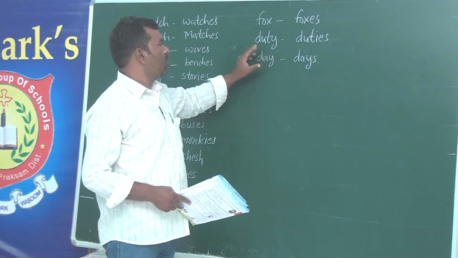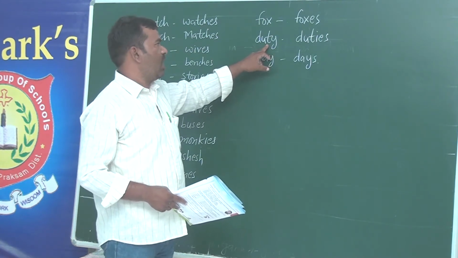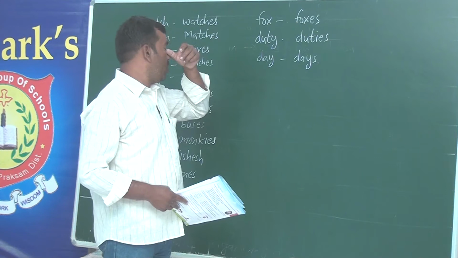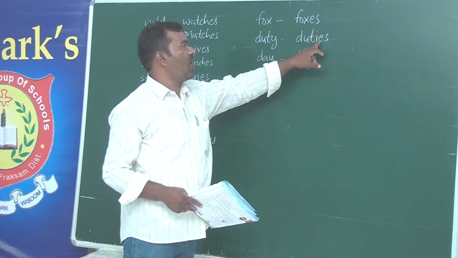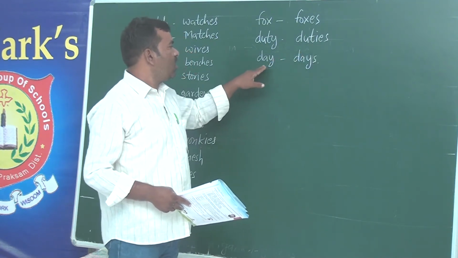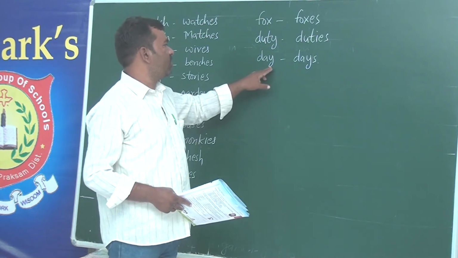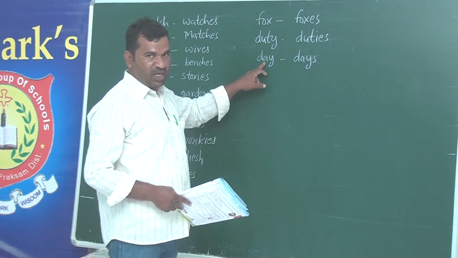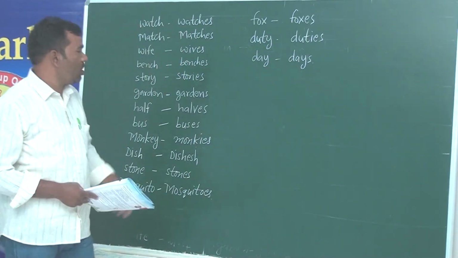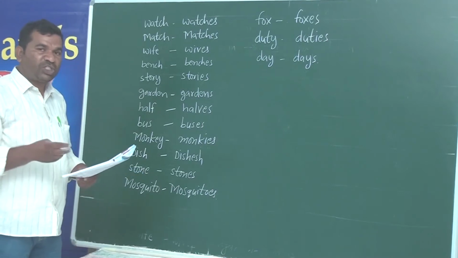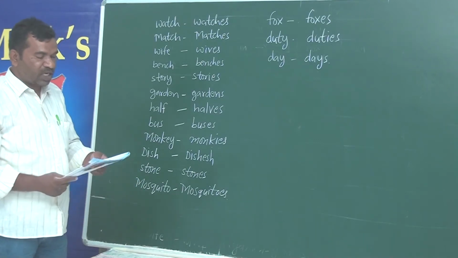we make the same? Because the Y is preceded by a consonant. As per the rule, any noun which is ending with Y but preceded with a consonant has to end with IES. But if any noun is ending with Y but preceded with a vowel, as here A is there, we simply add S to that. So based on this rule, we can change a singular noun into a plural one. Okay. The next exercise we will see.